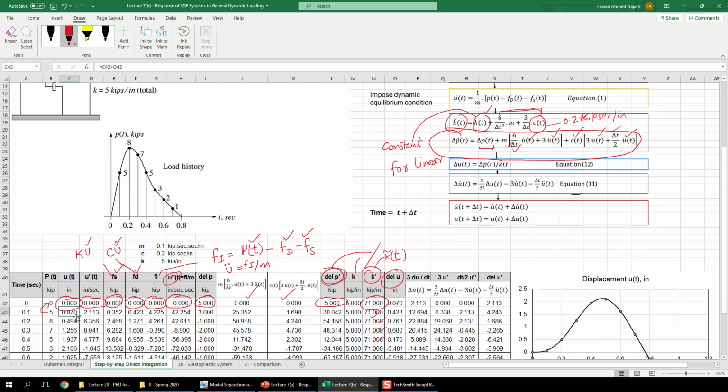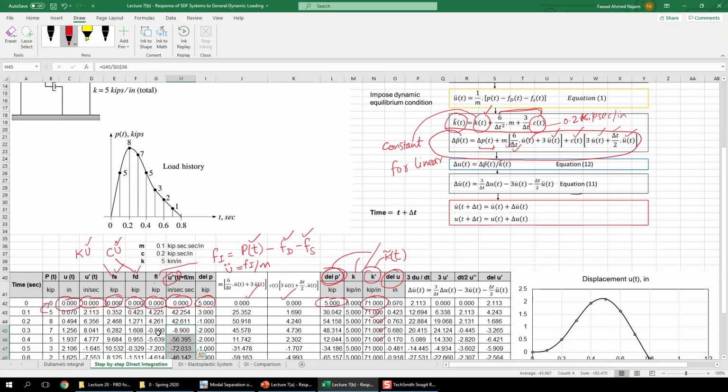This will be added to the initial values of u and u dot to get the values for the next time step. So the next time step u will be equal to 0.00, which is this initial value, plus delta u, which is 0.07. If you see here, the formula is C42 plus O42, which is this 0 value plus delta u. All you need to do is simply solve for one time step and drag the calculations in Excel for all time steps. So you can get the displacement and velocity, this one and this one, and the acceleration, this whole column, for all time steps, and then you can plot any response.